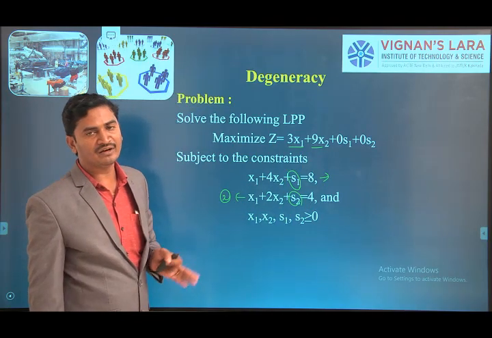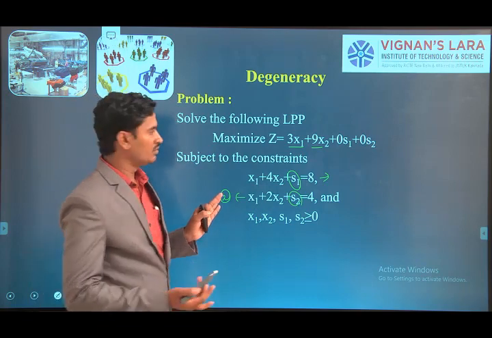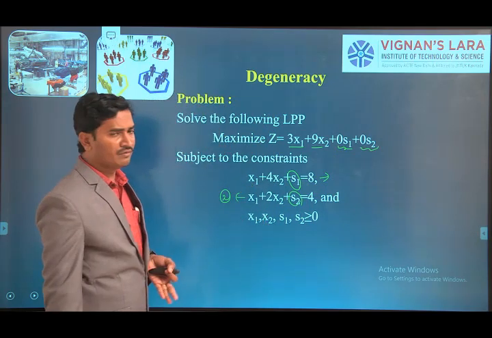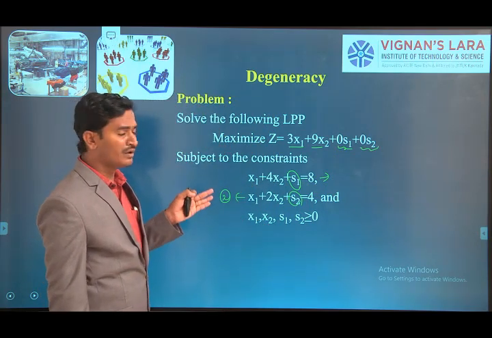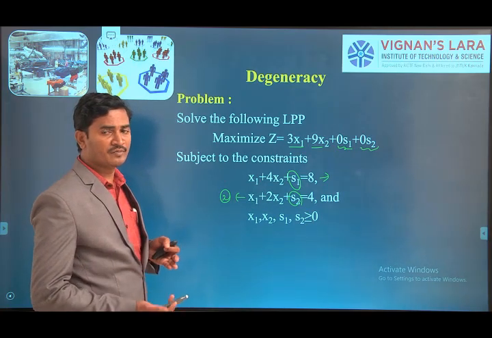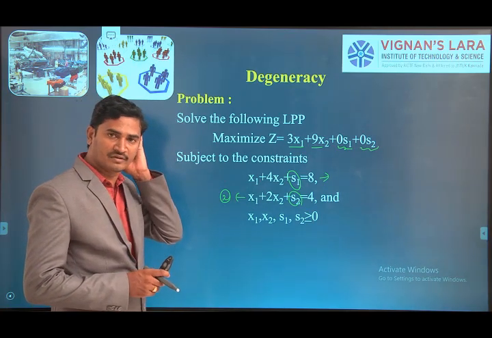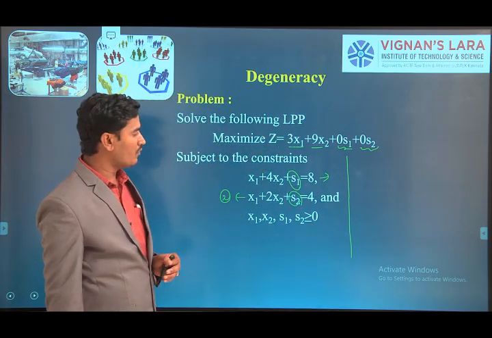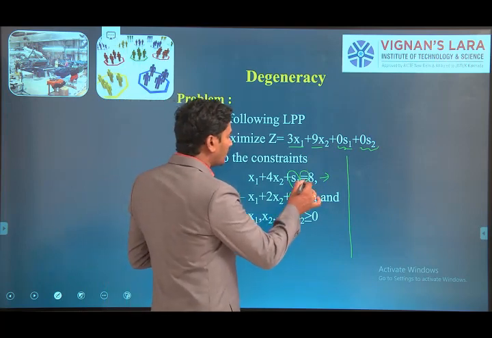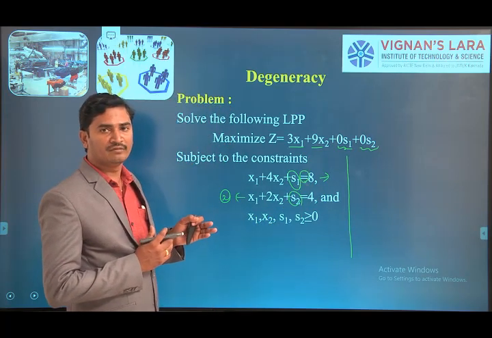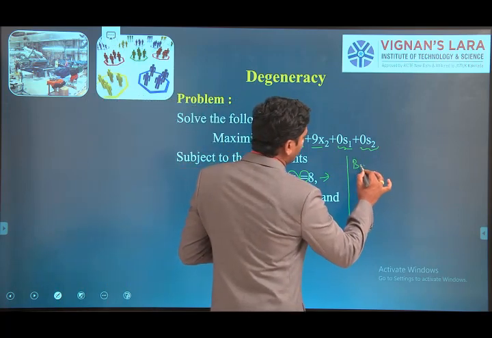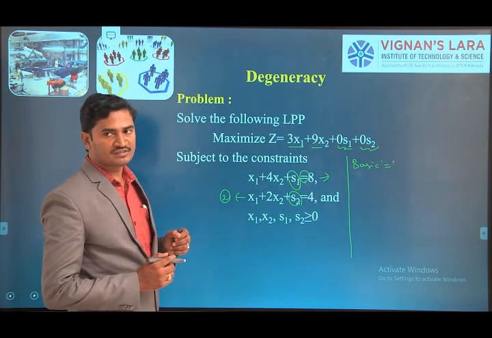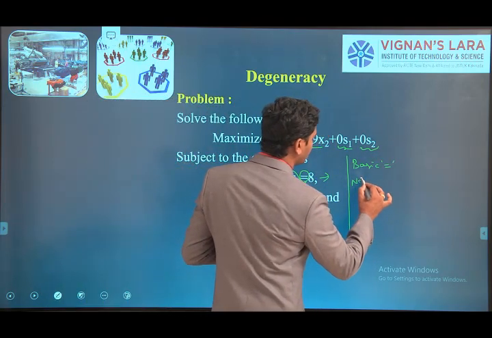After converting the inequalities into equalities, we get some new variables, and we have to add those variables into the objective function. Then we go to the next step, where we have to identify the basic variables and non-basic variables. How do we find them? We have one rule: near to equality, we have one variable, and that variable is called a basic variable. The remaining variables are called non-basic variables.